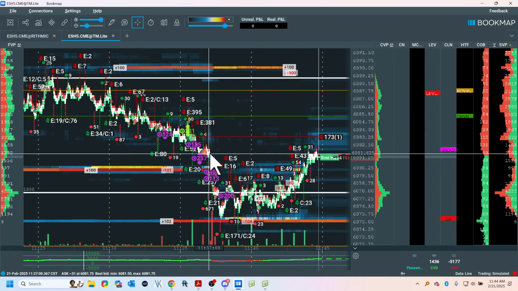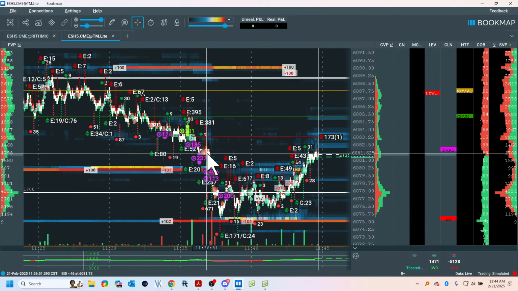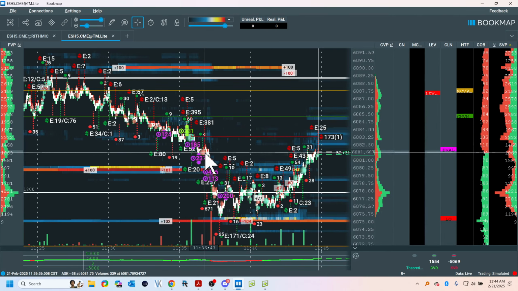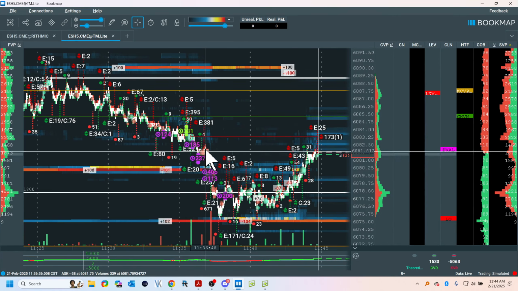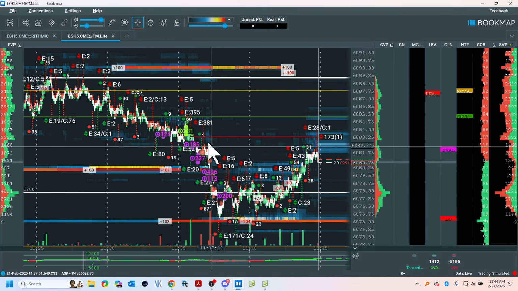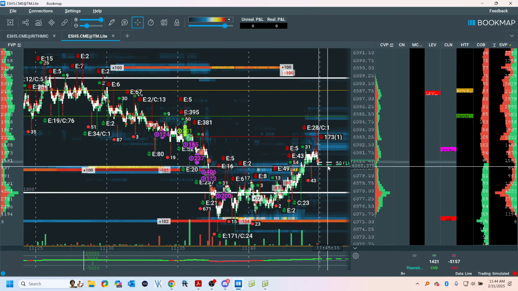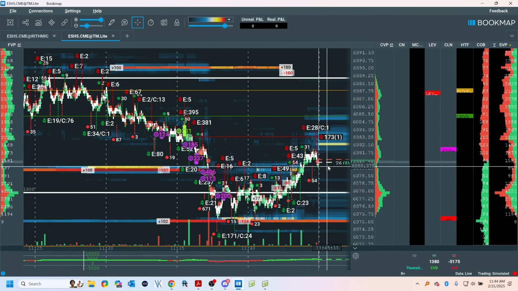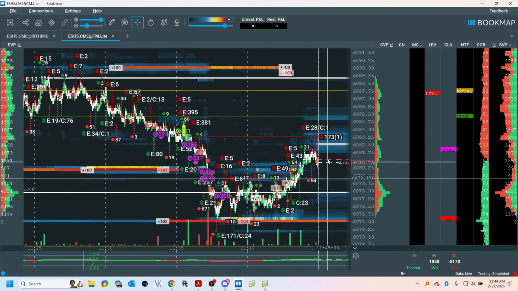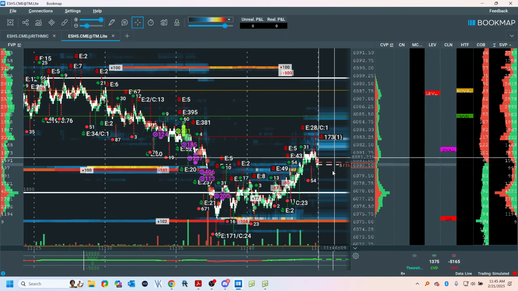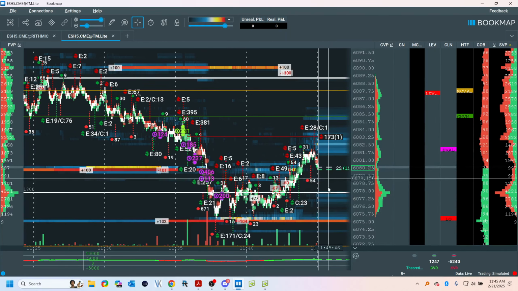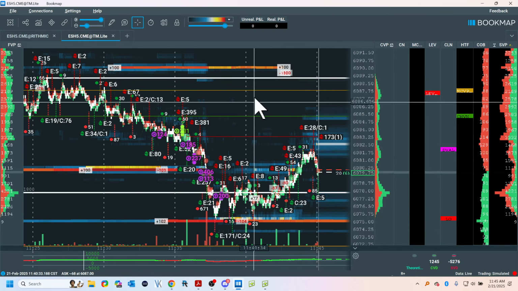Where's my last resistance? It's right here, right here. If I push through this, then I got to look a little higher, or I don't look anywhere. I just hang out. Let's watch the location. Not a trade recommendation. If the trade sets up, this is where we're going. That's it. That's all this is. And I don't know if you want to trade for a couple of points. That's your call, not mine.